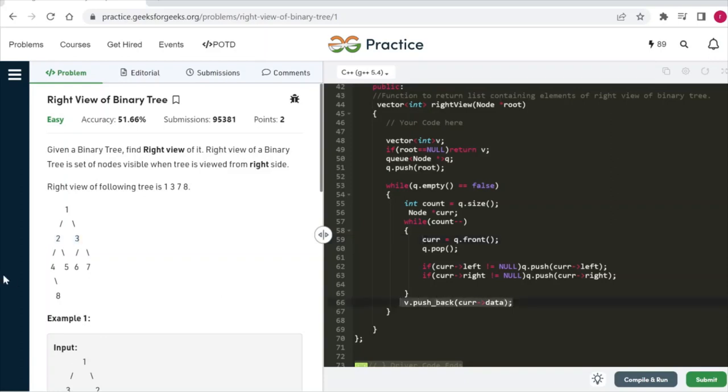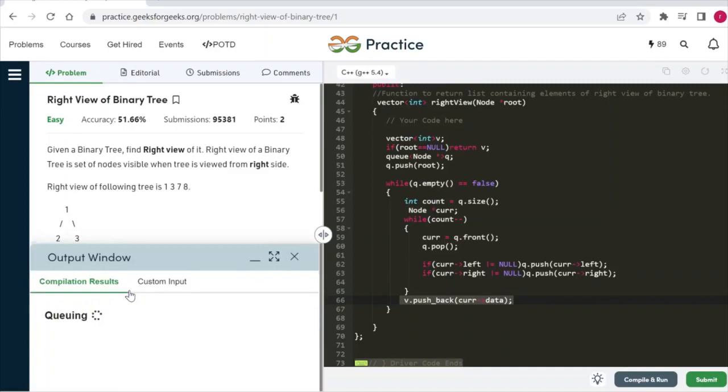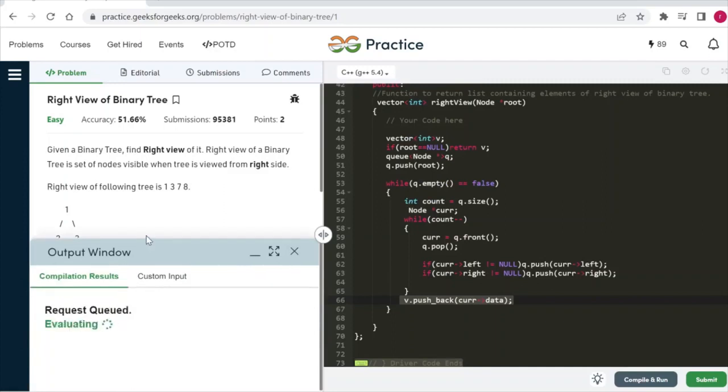In this way, we have the last node of each level in our current variable and we push it into our vector, so we get all the rightmost elements of each level, which is the right view of a binary tree.